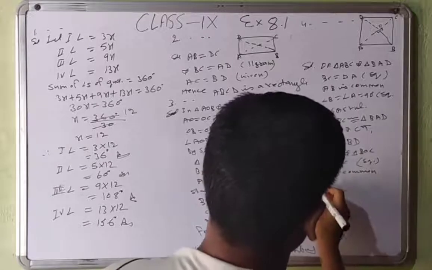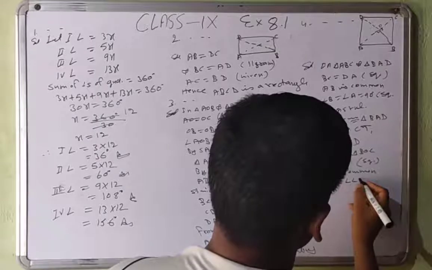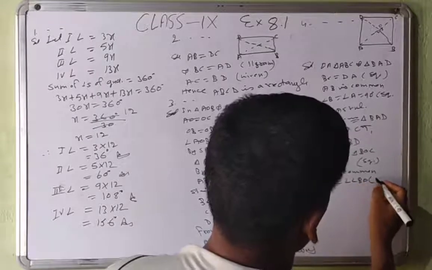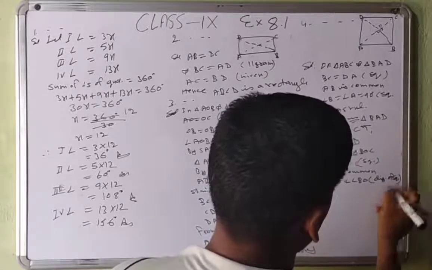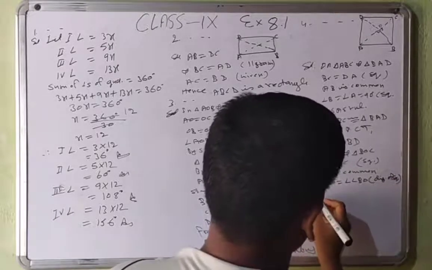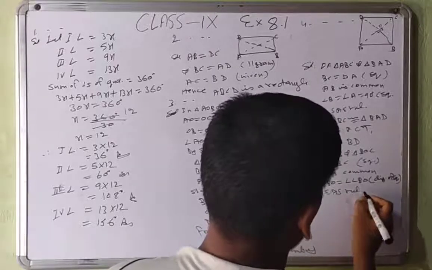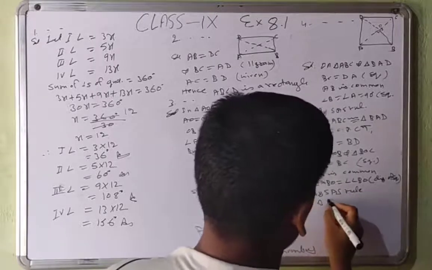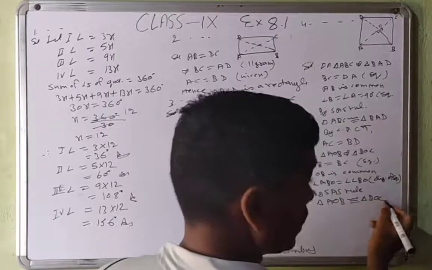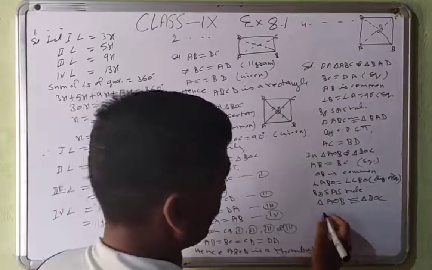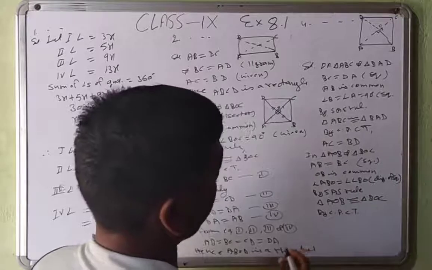That angle ABO is equal to angle CBO by diagonal of square, by SAS rule. Triangle AOB is congruent to triangle BOC. So by CPCT,